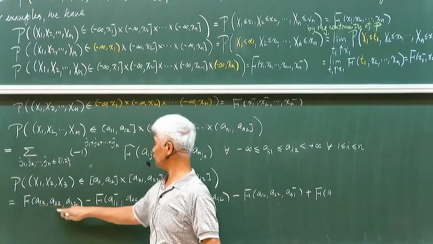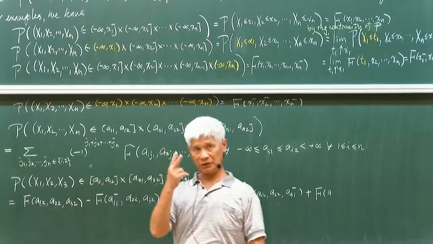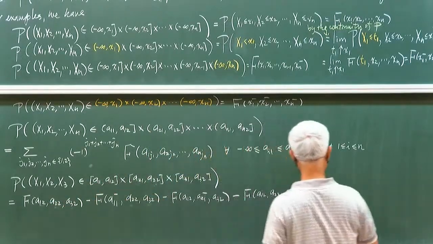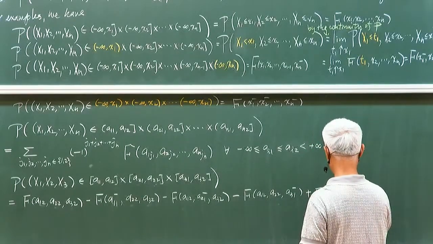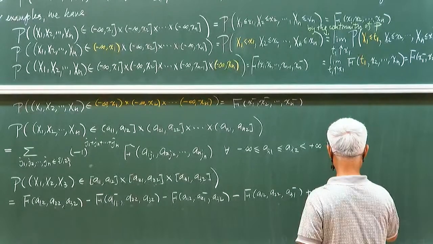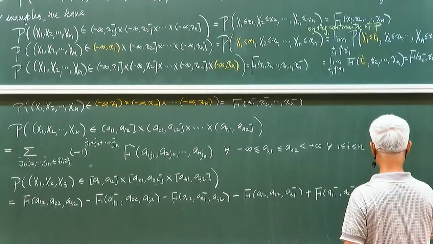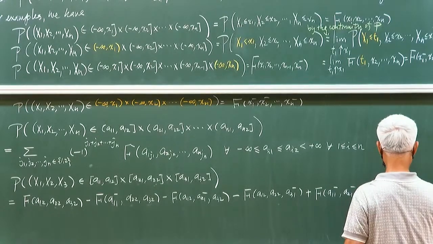Here we have 3 right ends, right? But from the 3 right ends, we select 2 of the 3, change them to be the left end, and take the left limit. So this is f of A11 minus, A21 minus, and A32 plus f of A11 minus, A22 and A31